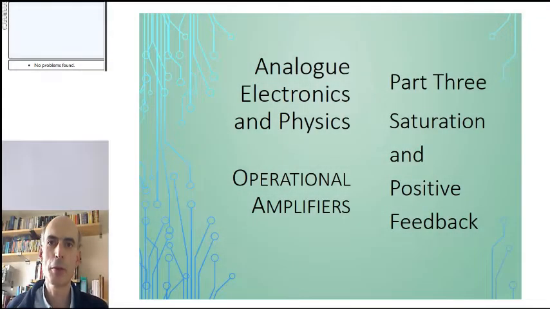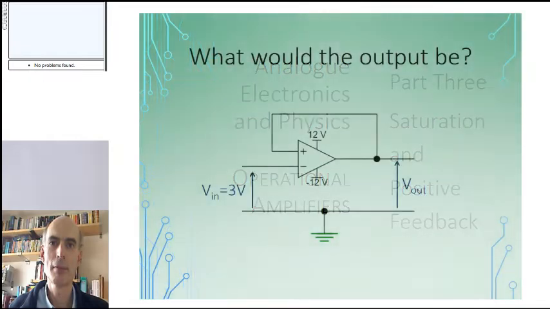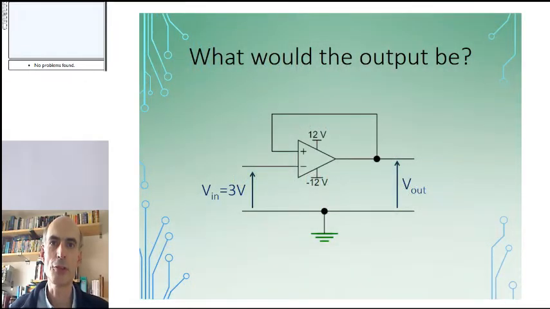Hello and welcome to part 3 of OpAmps, in which we will be looking at positive feedback. That's when a sample of the output voltage is fed back into the non-inverting input, the one with the plus sign next to it. We'll start by considering this circuit and asking, what would the output be if you just switched on this circuit,